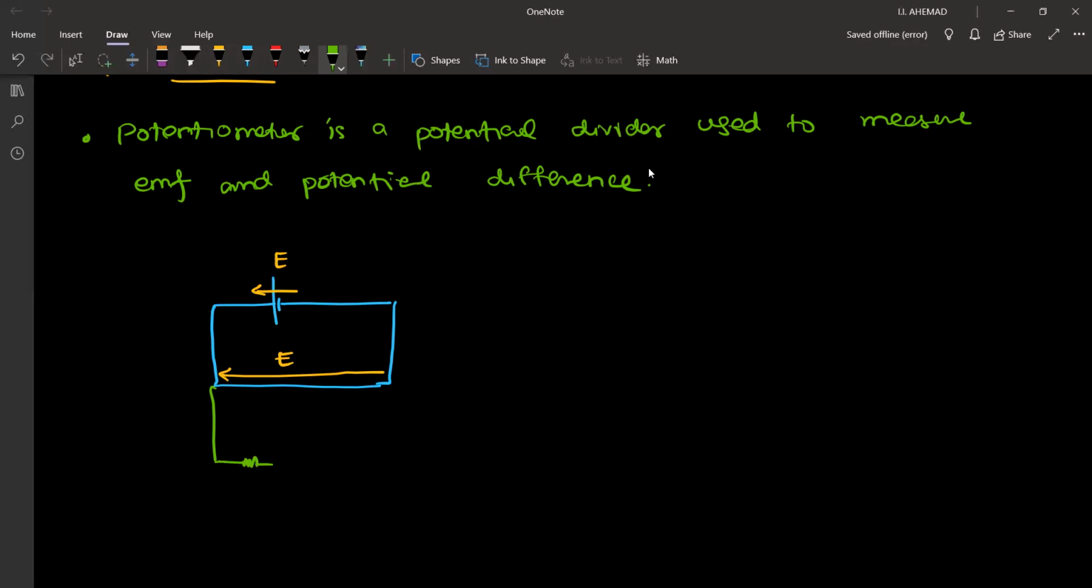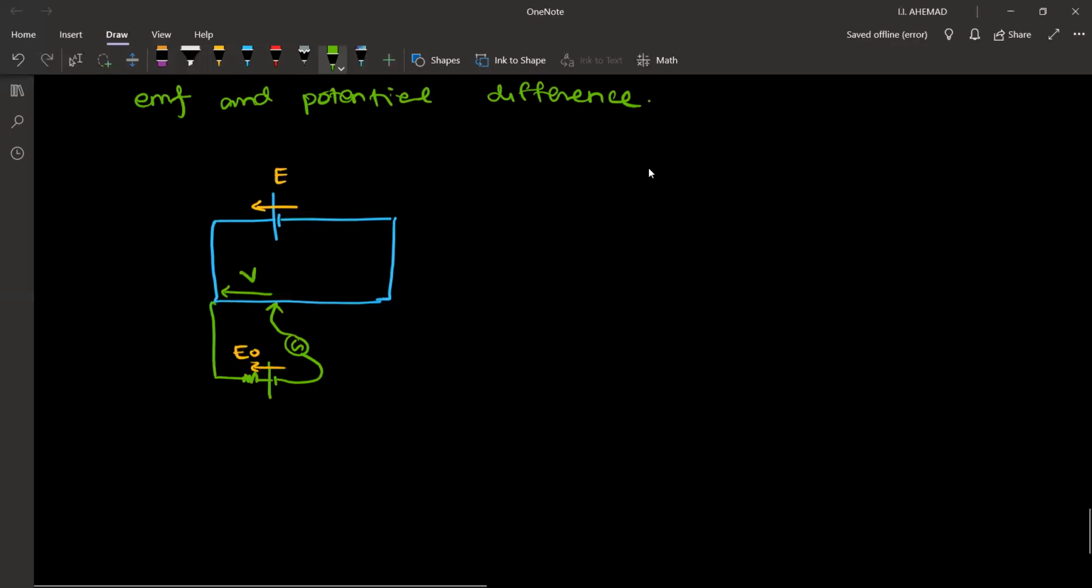Now this battery has an internal resistance also. Here we have a galvanometer, and let's say this battery has an EMF of E naught. Now, anyways there will be a drop in this wire, right? Let's say this has a drop of V. If E naught is greater than V, then